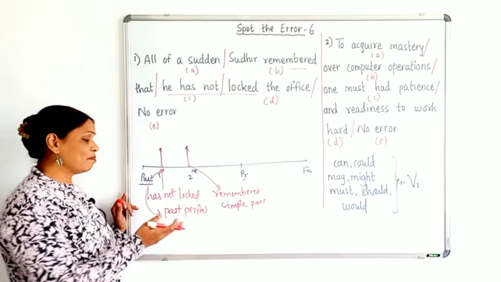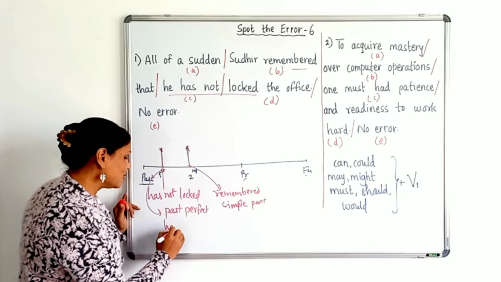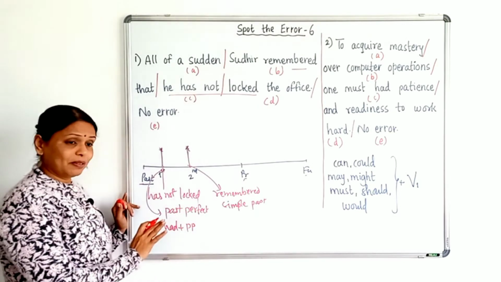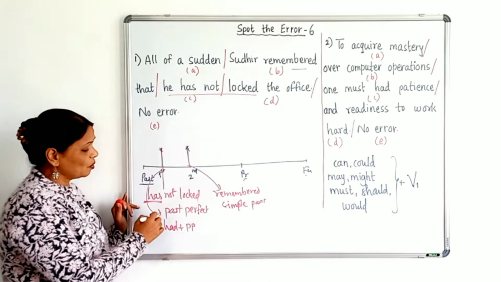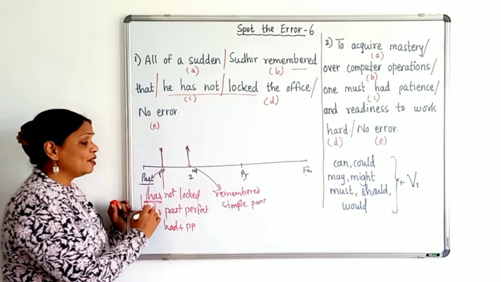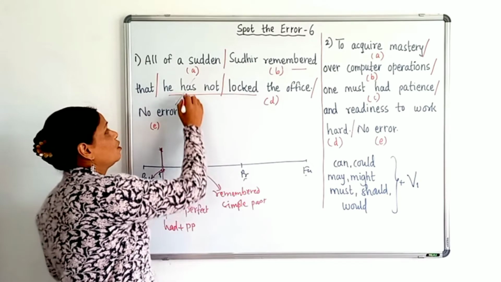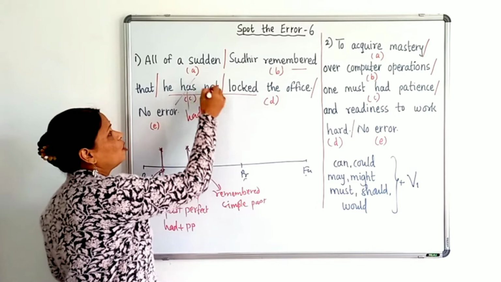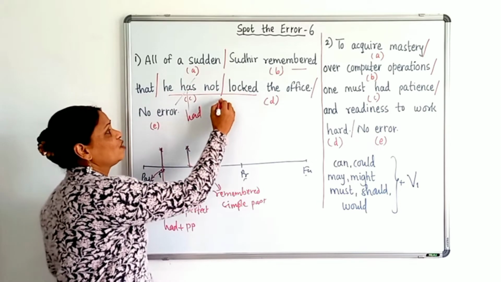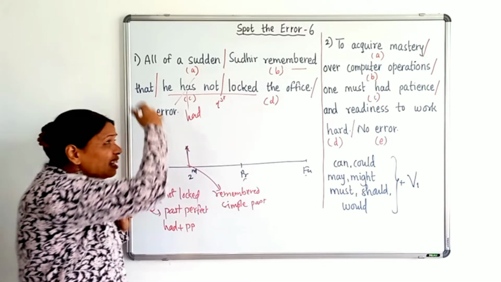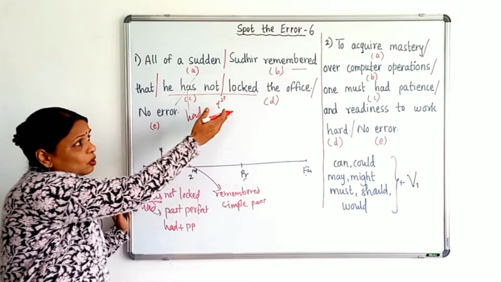The structure of the past perfect is had plus PP. So the simple thing has turns into had. Had not locked. Instead of has, just take had not locked. This is the first action which happened in the past, and then he remembered that he had not locked the